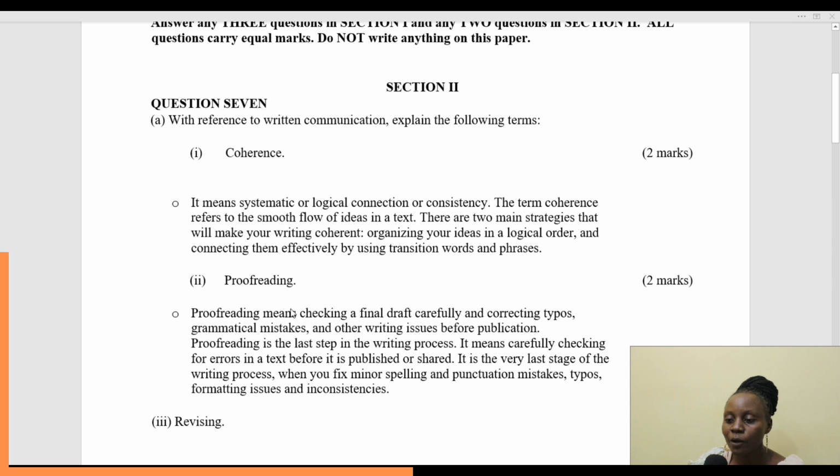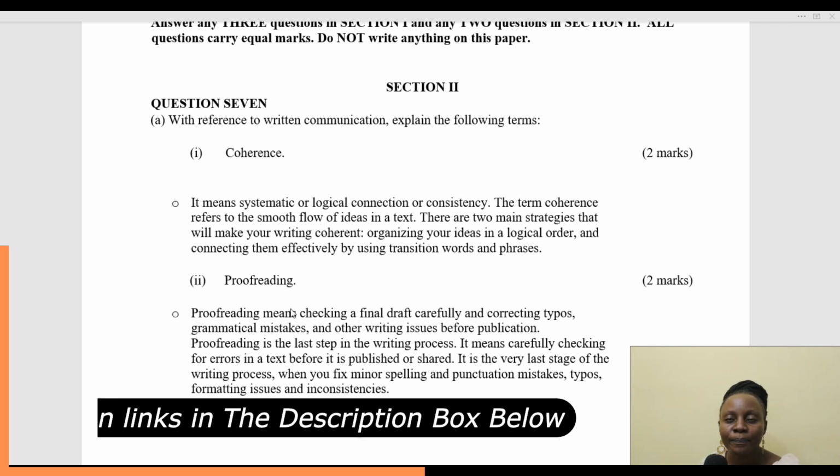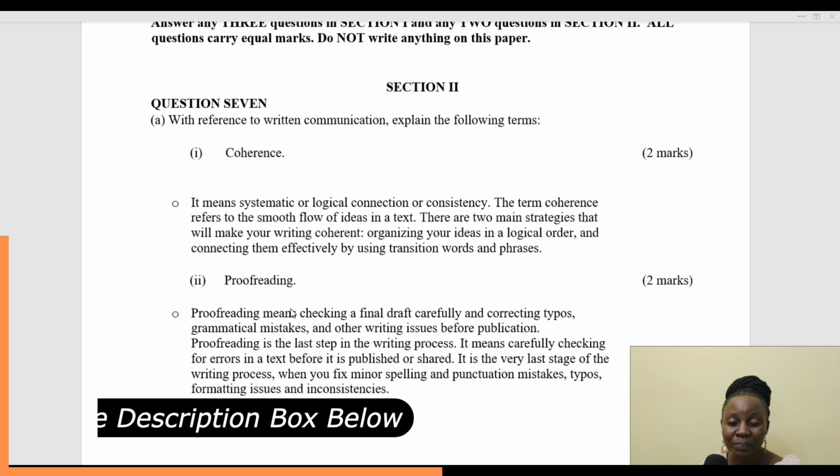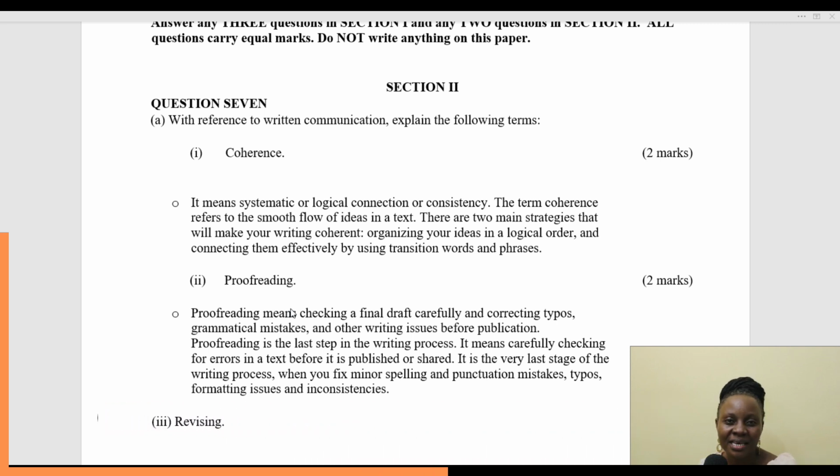And then you have proofreading. Proofreading is also a kind of putting into check what has been written, to eliminate typing problems or typing errors, and maybe to eliminate certain remarks or wordings that should not be there, and so on and so forth. So it's putting your communication in order. You read it before you send it wherever you want to send it, to ensure that you send the right